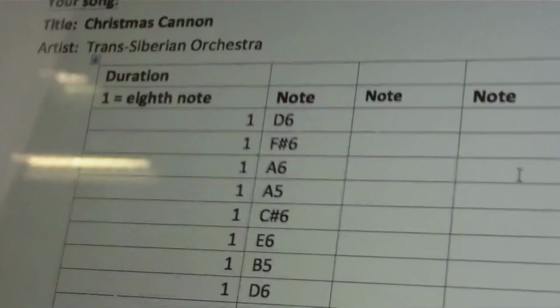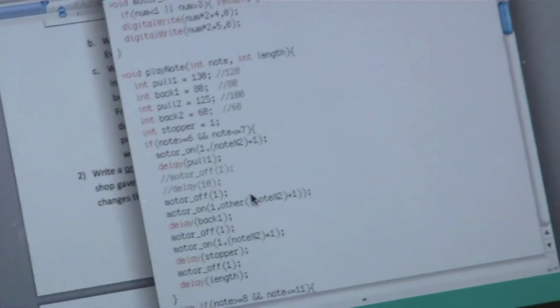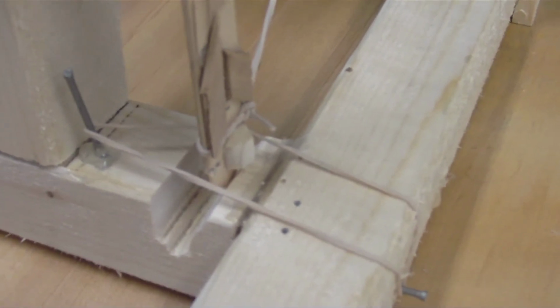After looking at a sequential list of our notes, we wrote code to play them in the right order with the right timing. The code is uploaded to the test box, which is connected to the solenoids and the motors. The code has commands for putting the solenoids up and down, and for turning the motors forward and backwards. We originally wanted to turn the motors with only timing in the code, but they needed some extra stability, so we ended up adding a rubber band